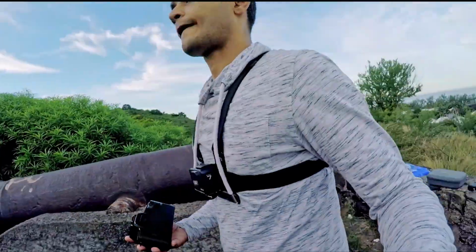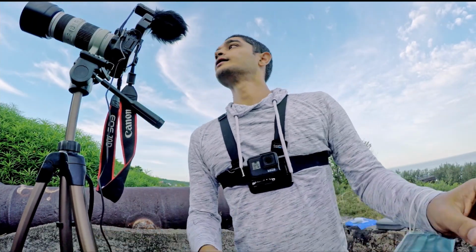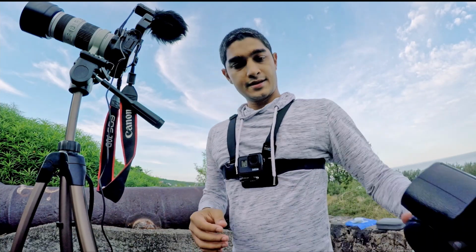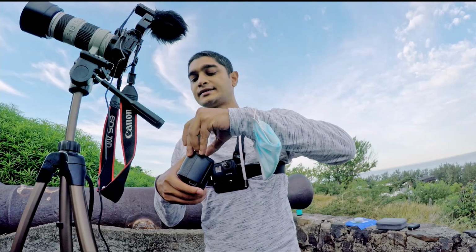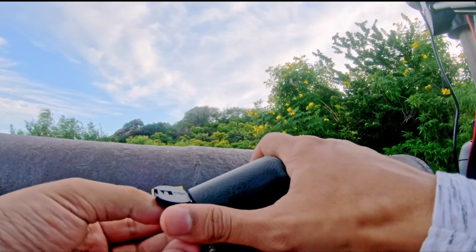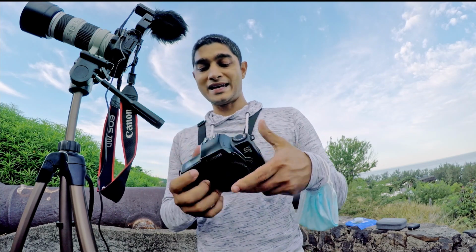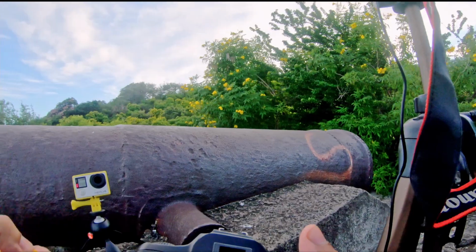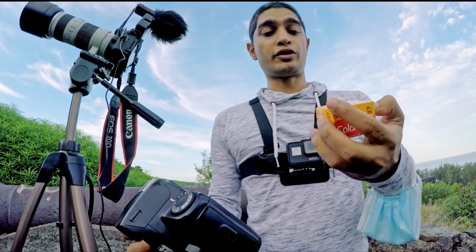So I just took one shot with that digital Canon 70D and I'm going to load my film. It's going to be fun. So first thing first, I'm going to load the battery inside the camera. The reason why I'm doing this is because apparently this camera is not the best for keeping the battery life, so I decided to load the battery whenever I need. And by the way, this is the first time ever I'm going to use any kind of film camera in my life, so there is a lot of room for error, and I'm going to load the KODAK COLORPLUS,